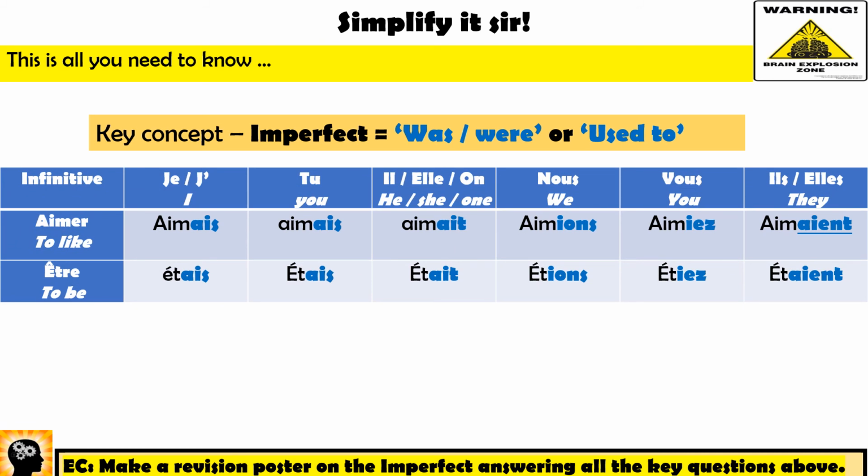You need to know 2 things really today. The key concept is the imperfect means was, were, or used to. And there's 2 absolutely key verbs. Être, you will see this in the imperfect tense all the time. So you need to know être and how it changes to talk about people, what was, were, or used to be. The other verb I've given you is aimer, because a little cheat is